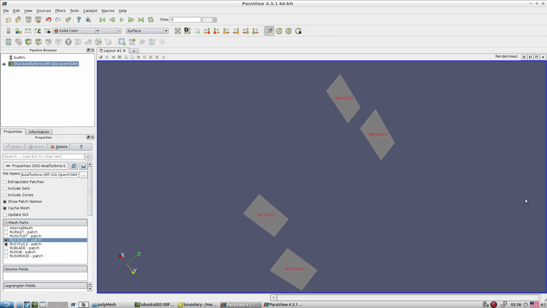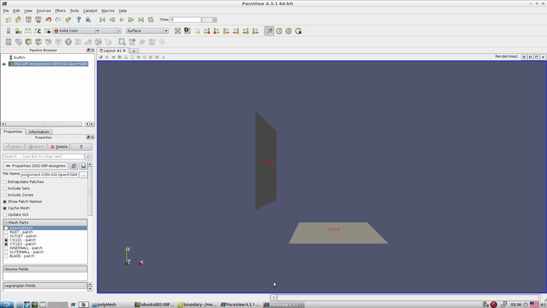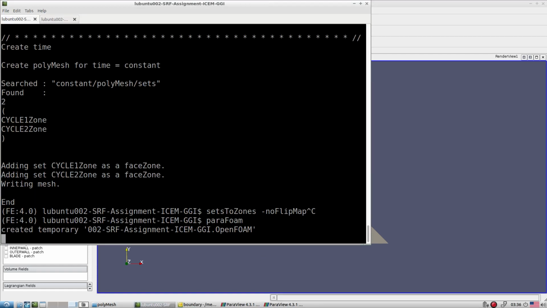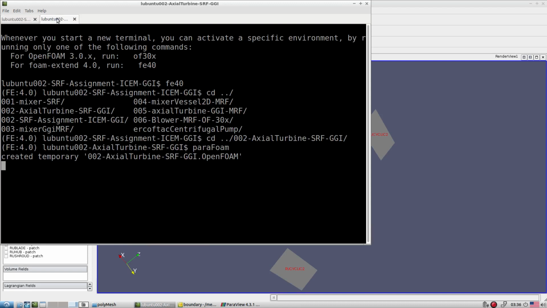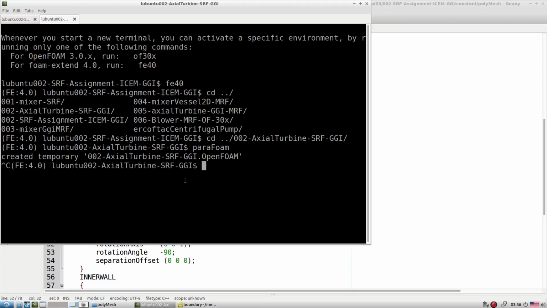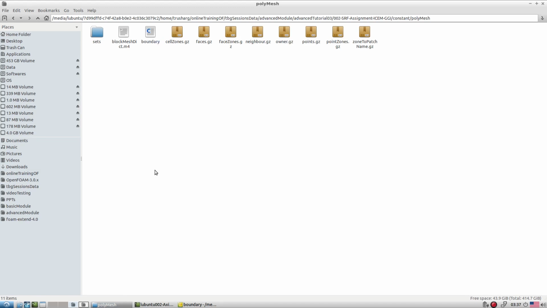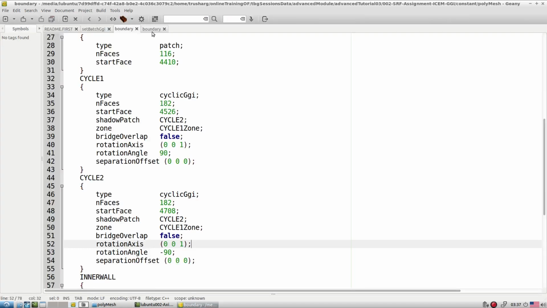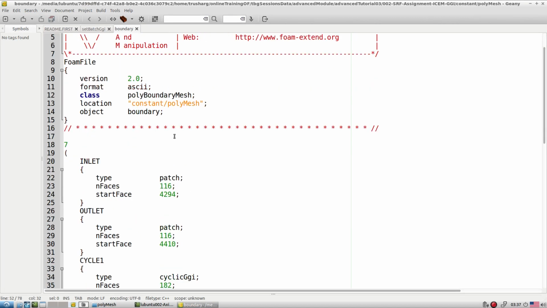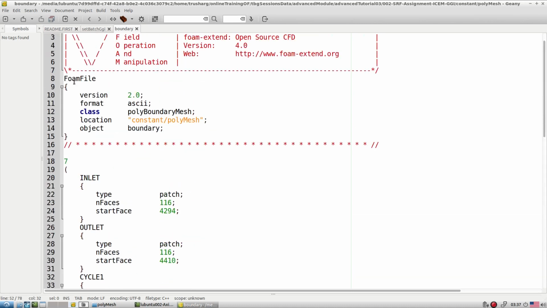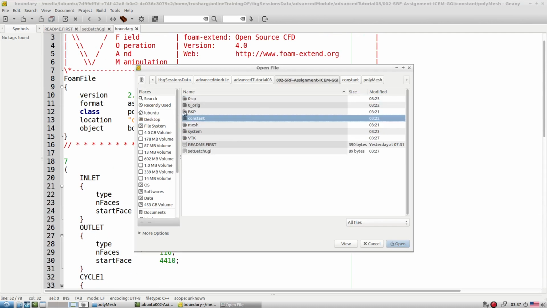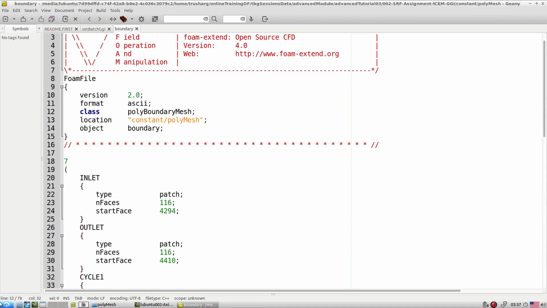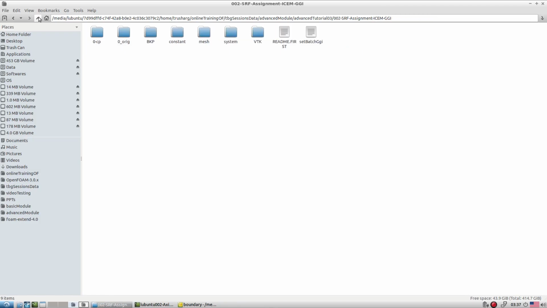So let's now look at our rotations. Okay, this thing is set, that means our boundary file is set, and we are able to create the GGI interface, but accordingly we are supposed to make changes inside the 0 folder. Okay, so till now we were able to do modification inside the controlDict file. Now, because if you go to our 0 folder, that is commented, so let me first uncomment that portion.